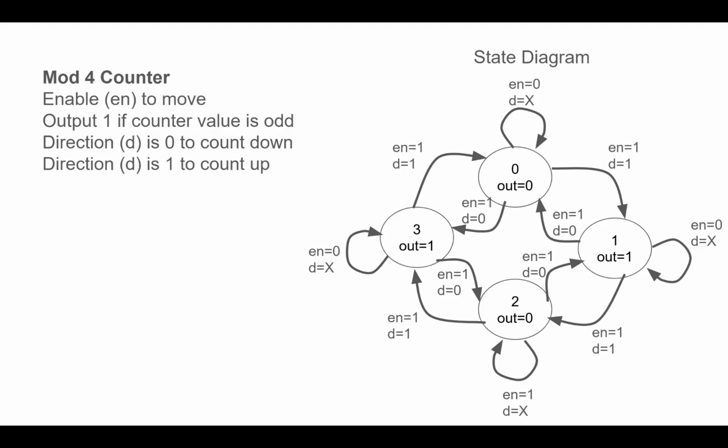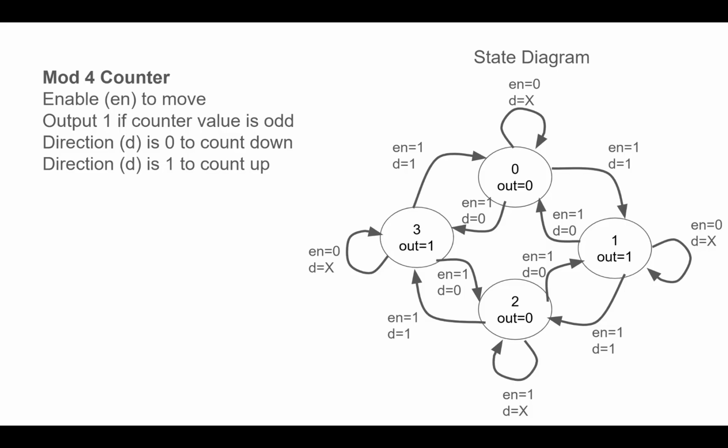For this specific counter, we have an enable, en, that allows it to count. When en is 0, it's going to stay at whatever value it currently is. This system's going to have an output of 1 when the value is odd, so it's 1 at the values 1 and 3, and then a direction control. When D is 0, it will count down, such as 0, 3, 2, 1, 0, continuing from there. When D is 1, we count up, 0, 1, 2, 3, 0, 1, 2, 3, and